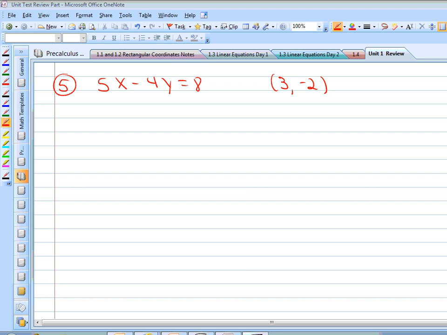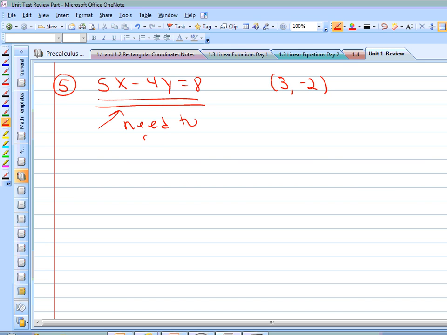Okay, in number 5, we're also asked to write the slope-intercept form. We're going to start with point-slope form since that will be easier for us. And we're asked to write the equation of a line that is parallel to this line and perpendicular to this line, and both go through that point. So parallel and perpendicular, we would need to know first